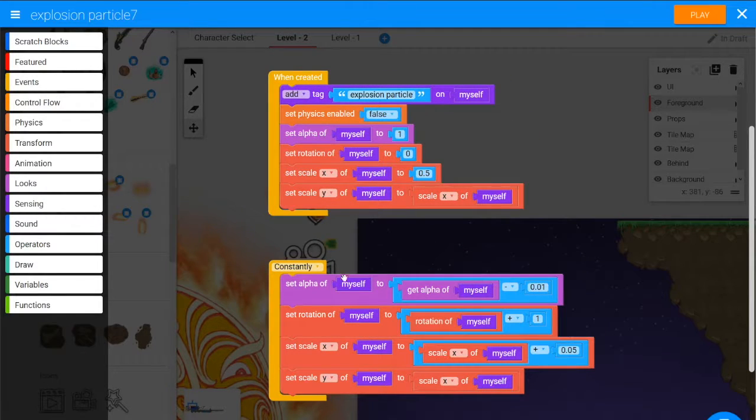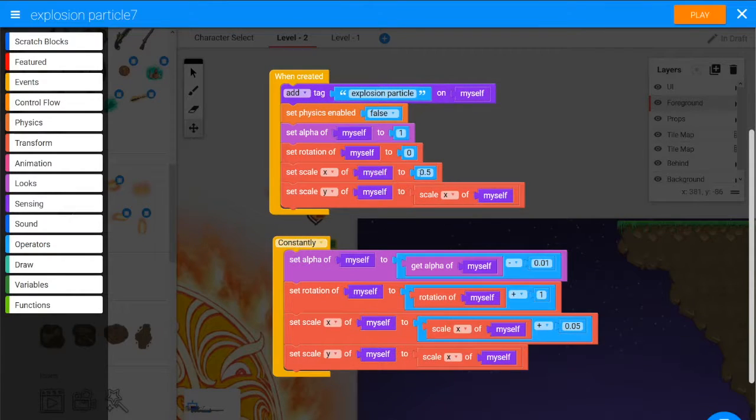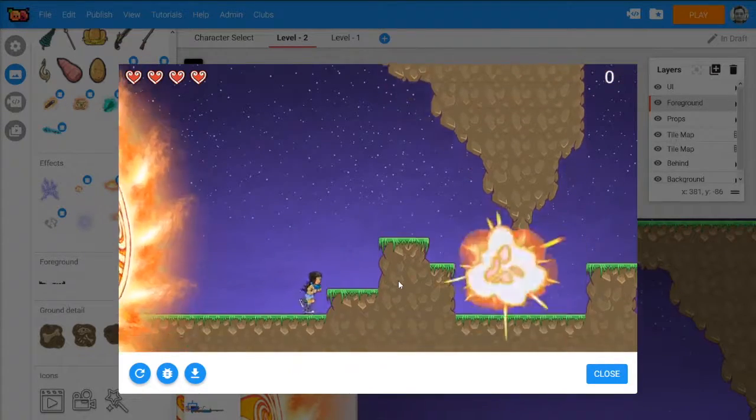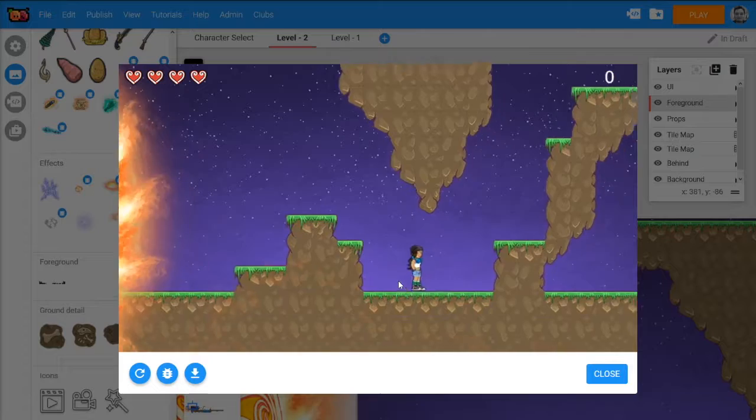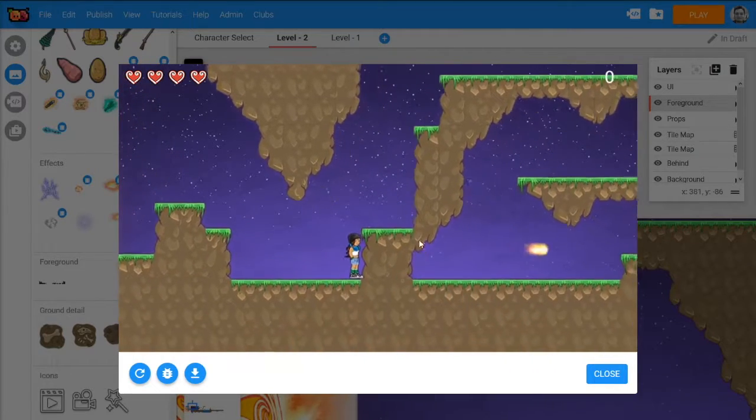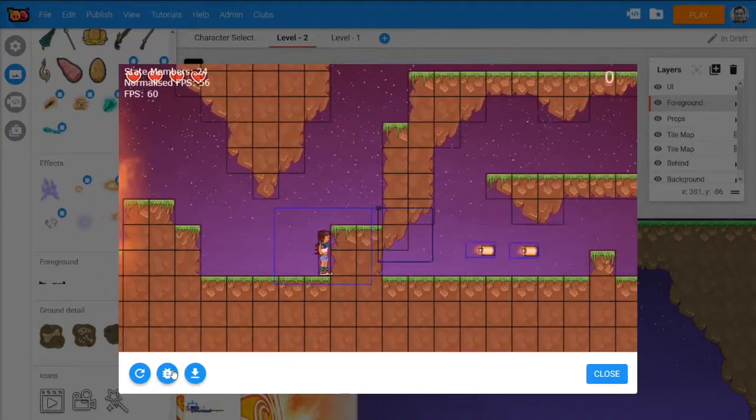Okay, so it'll be fading out, it'll be rotating, and it'll be increasing its size. Starting a bit smaller though. Let's test that. Whoa! Okay, that's a little bit crazy. It is probably rotating around its